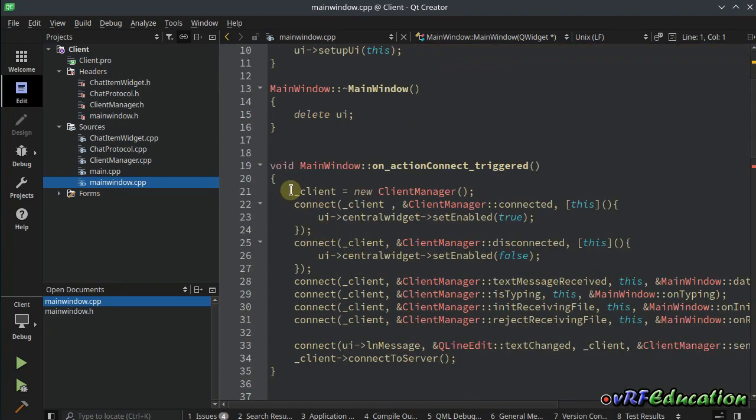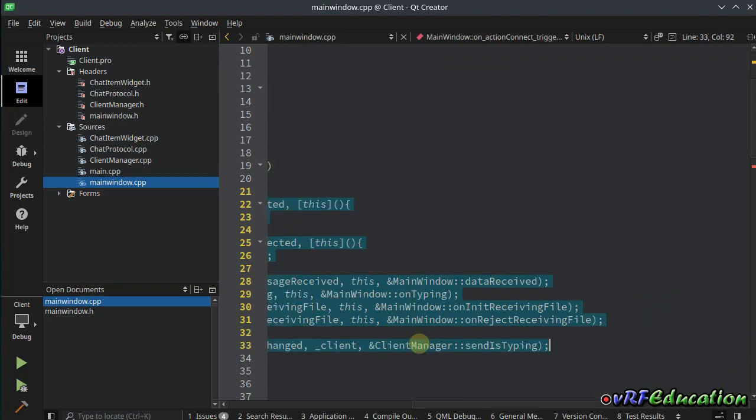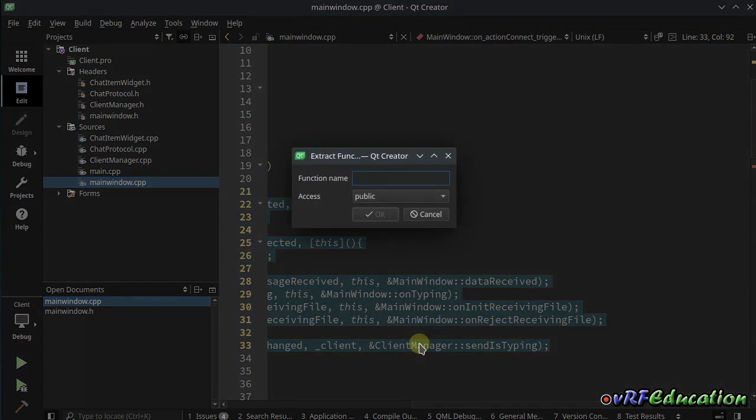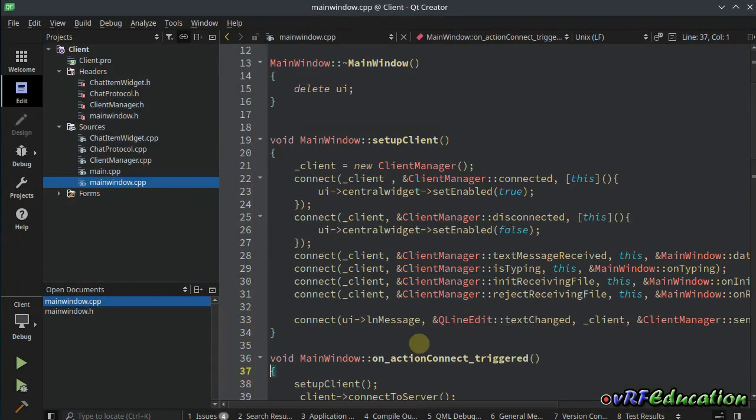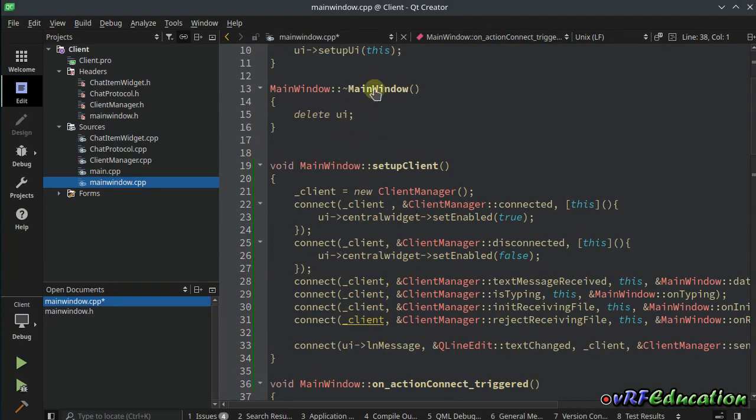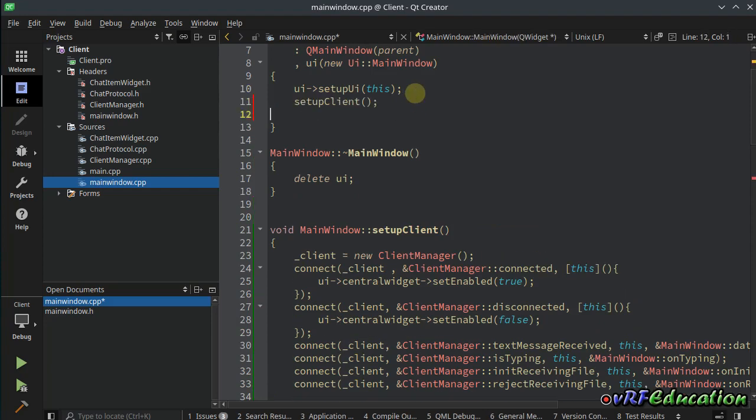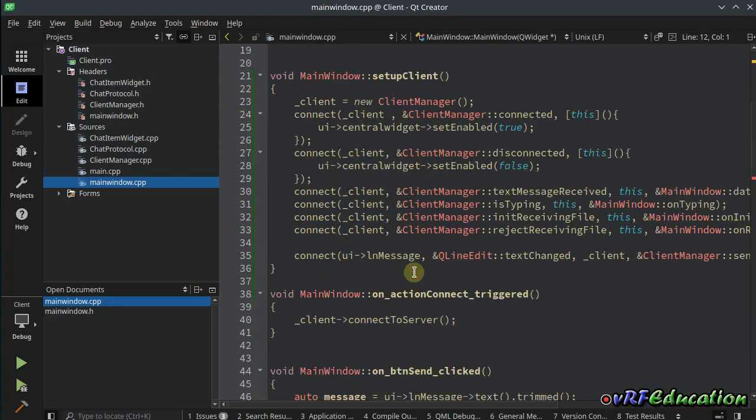So let's grab all of these methods here and extract a function, named setup client. It's a private method. So this is our setup client, and I'm going to call it inside our constructor, not on action for connecting to the server. So whenever we disconnected, I'm sorry, without the need to create a new client or make connections between some signals,